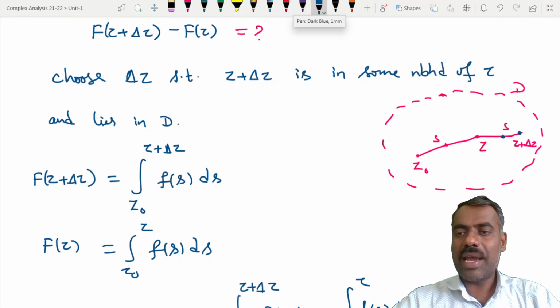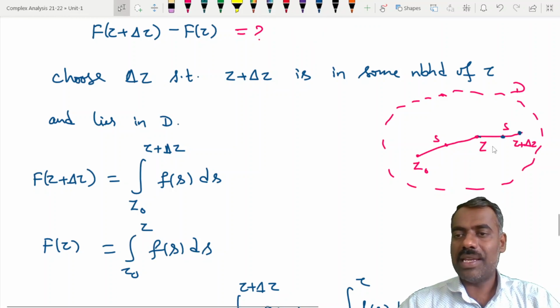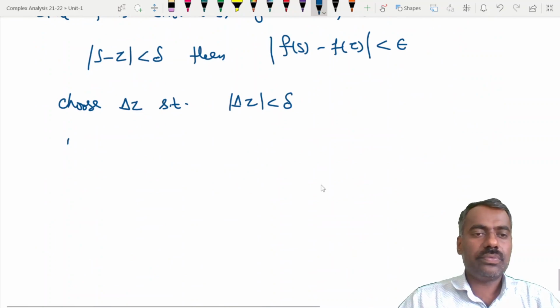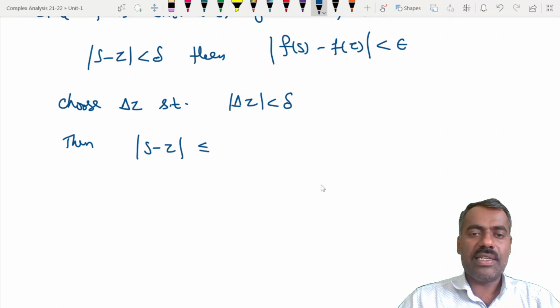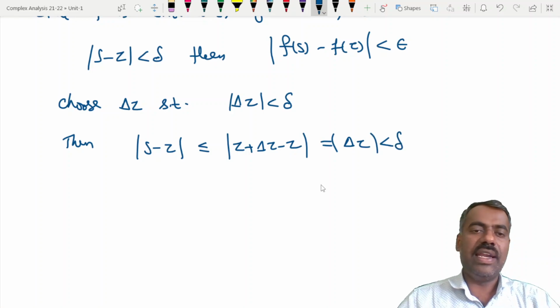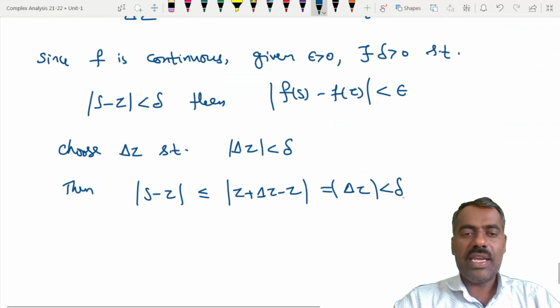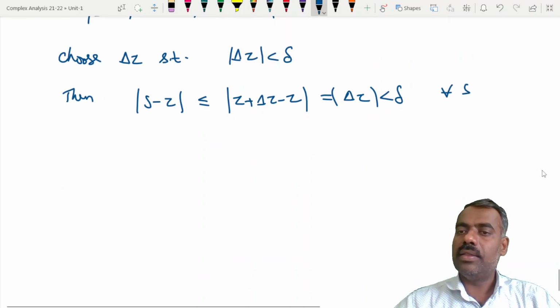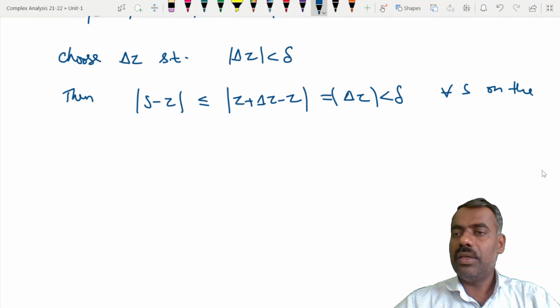Okay, so then S minus Z. The difference S minus Z is always less than the difference between Z plus delta Z and Z, right? We can take that. Then mod S minus Z is less than or equal to Z plus delta Z minus Z, which is nothing but delta Z, and it is less than delta. So if you take any S, for all S on the curve, on the contour